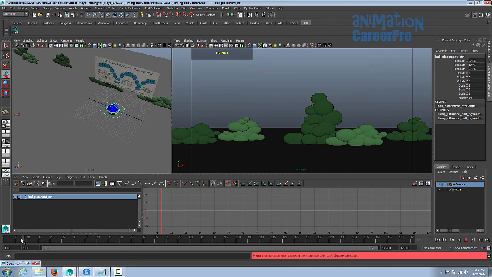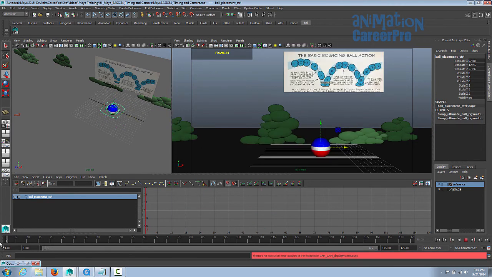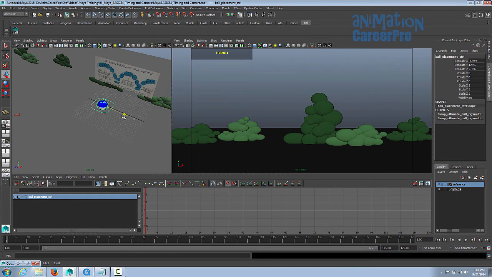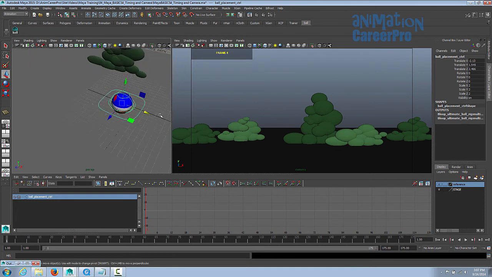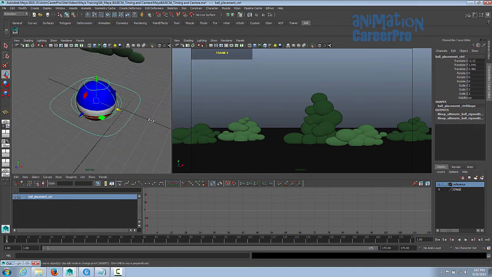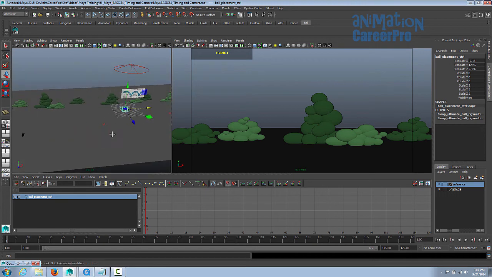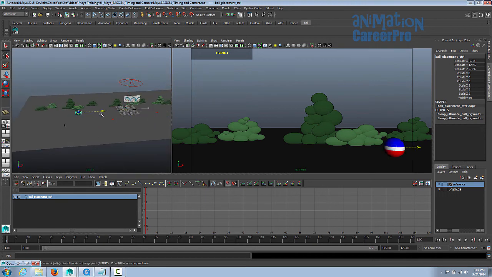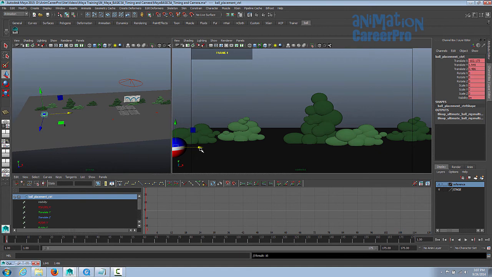Let's go back to frame 1, and let's drag our ball over. Just grab the placement control, this outer square here. So we're just going to key that for now. Let's drag our ball over, and we'll start it off frame. So we'll bring it on the other side of this line here. This is our camera view, and just give that a key,